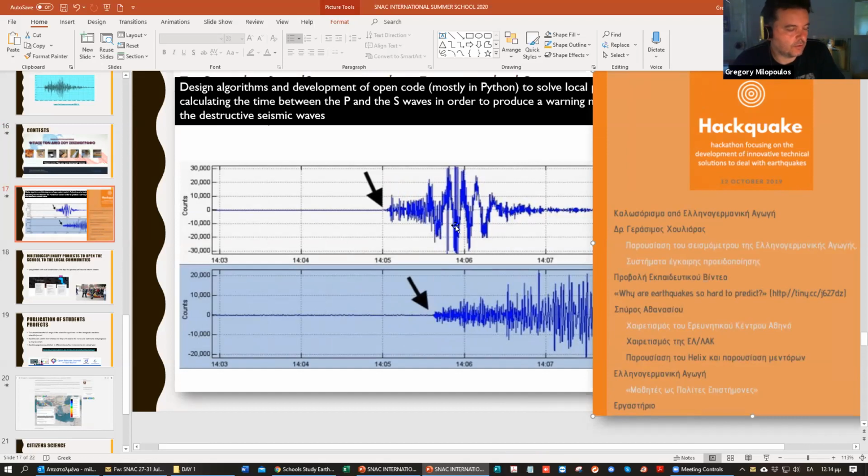We showed them that there is, if you see here, a small delay. There's a delay between the P waves, which are smaller waves and do not create any problems, and the S waves, which are the waves that come in the second phase and are the ones that create all the disasters. So there are some seconds here